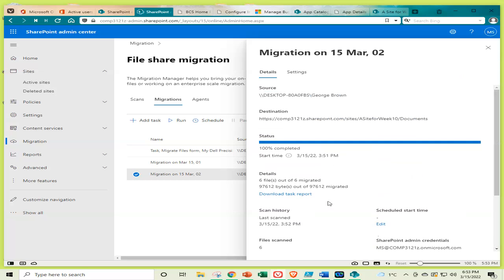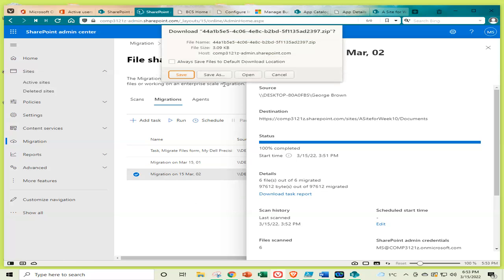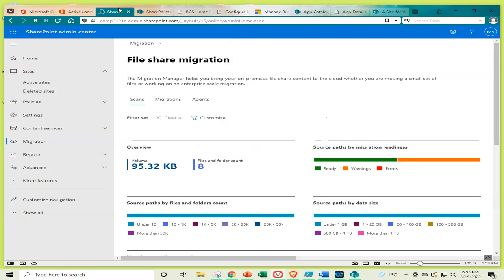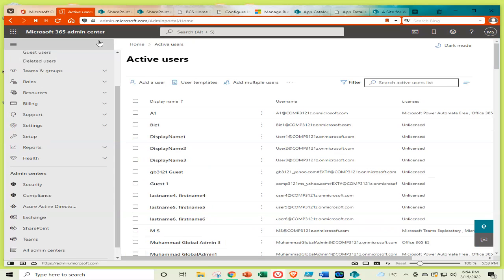We can download also task report to see everything was working fine. From here, this is zip file. Okay, I just cancel. I don't want to download it. We will just see if our files are there. Because the system says migration is 100% complete, we just go there and see in our SharePoint, active sites,